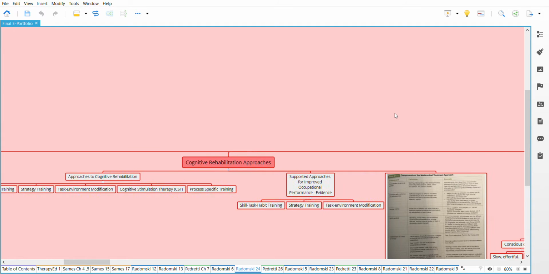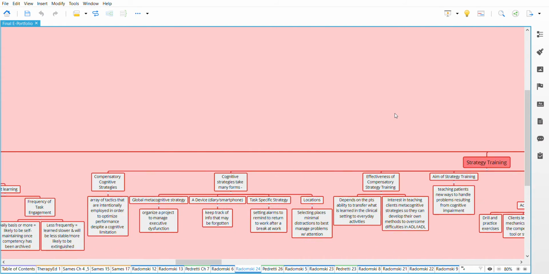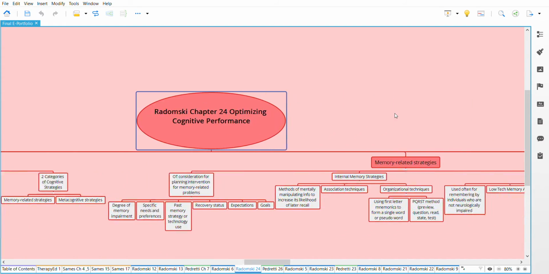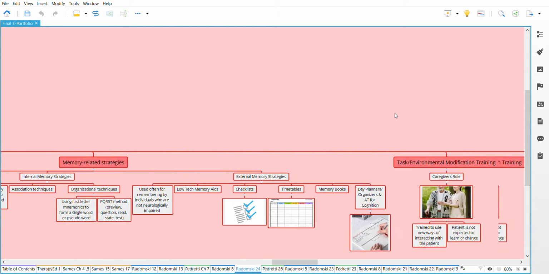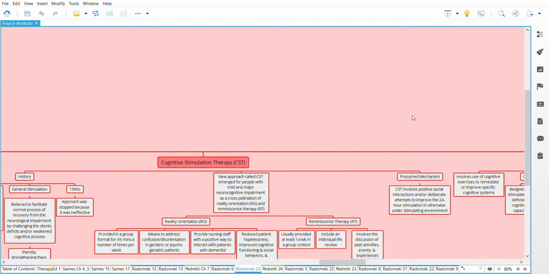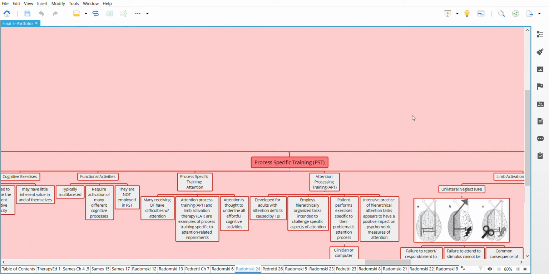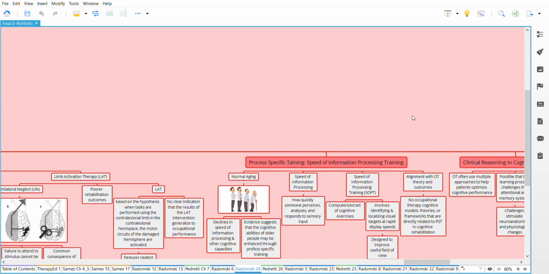Cognitive rehabilitation approaches. Skill, task, habit training is covered. Strategy training for cognition, memory-related strategies for cognition, task environmental modification training, and that includes the caregivers as well. Cognitive stimulation therapy, process-specific training, speed of information processing training,